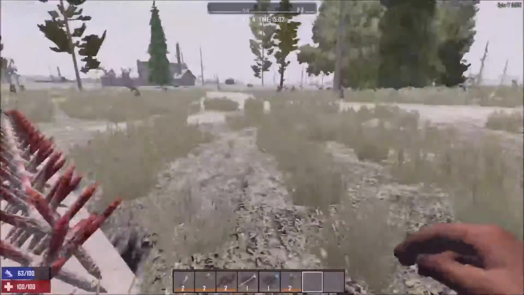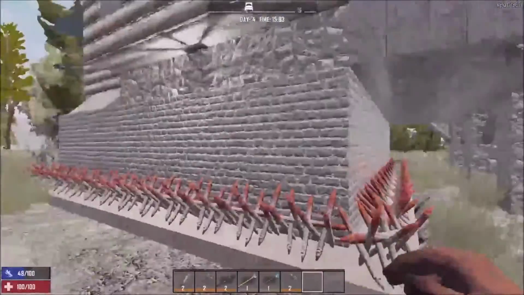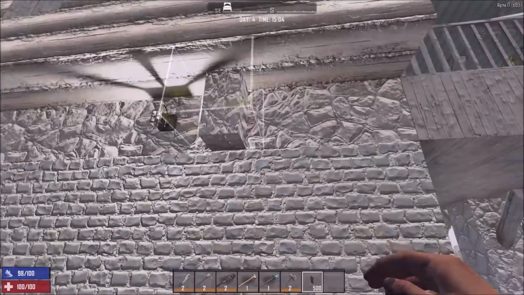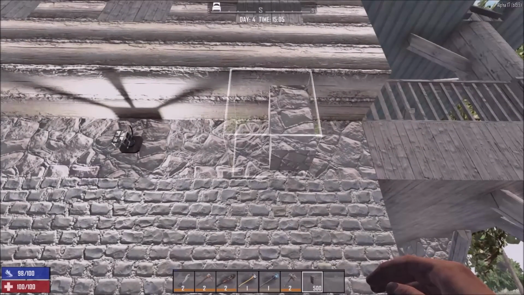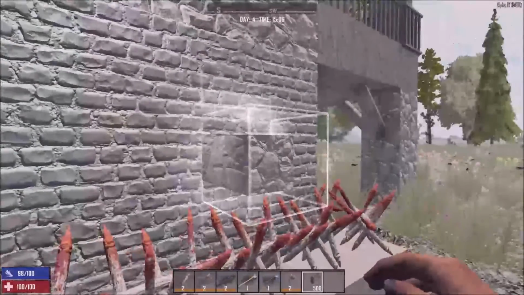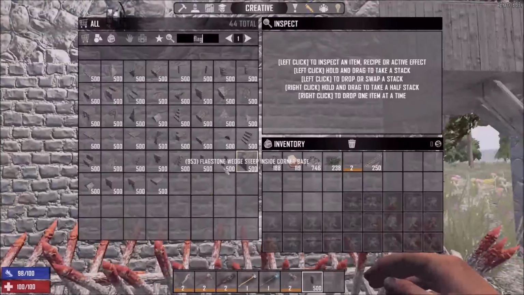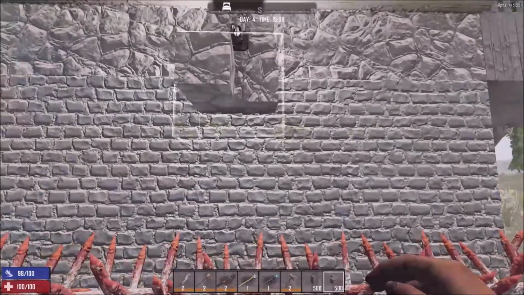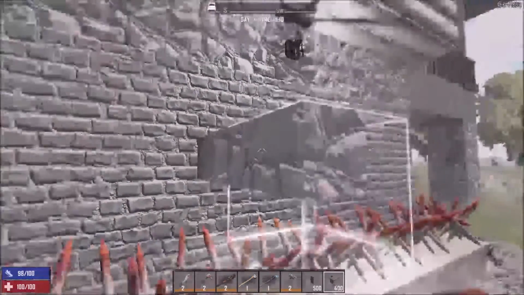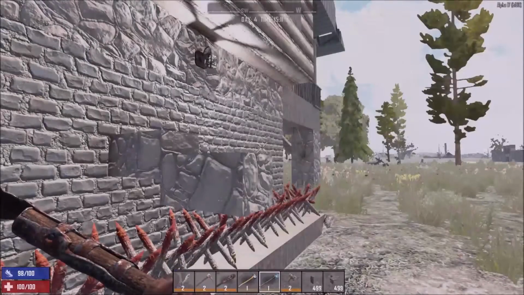So yeah, what we're going to focus on now is a little bit more work on the base. I probably want to get a second row of spikes in, and then I'm going to feel safe. The flagstone blocks here are unfortunately a little bit weird. You can see they're centered on the block face, so they're not going to be in one corner, which is not what I want. I guess I can show you, right? Not really sure why that's the case, but